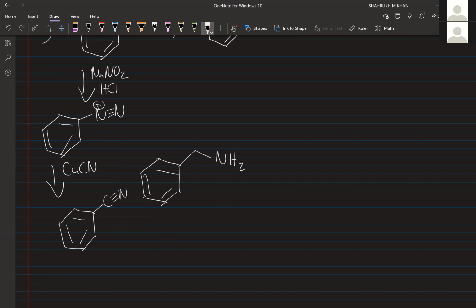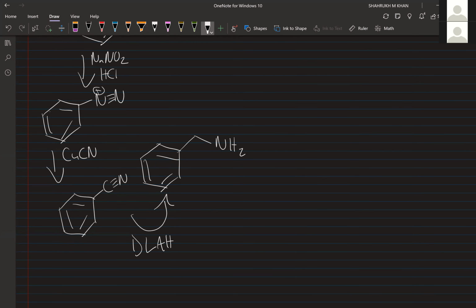Now, it's a triple bond, right? We are one step from going from this to this. Now, does anyone know how you get from a nitrile to an amine? Yep, right. So it is just what's it called? Right. So if you have